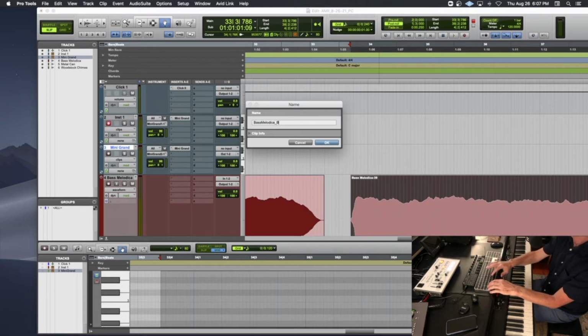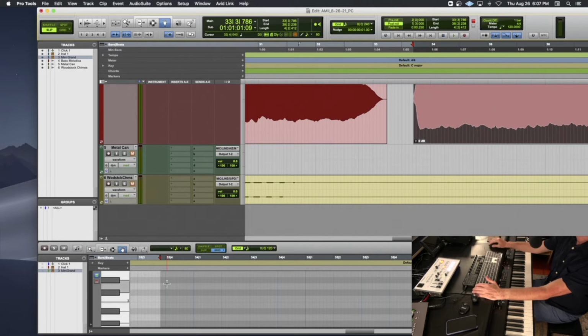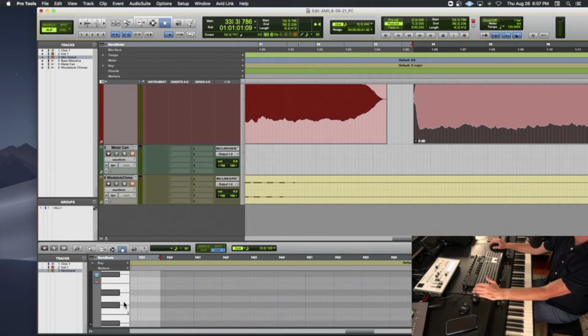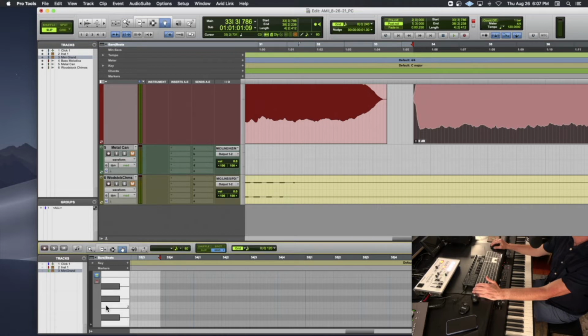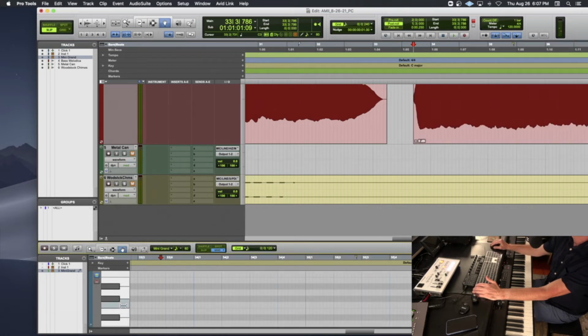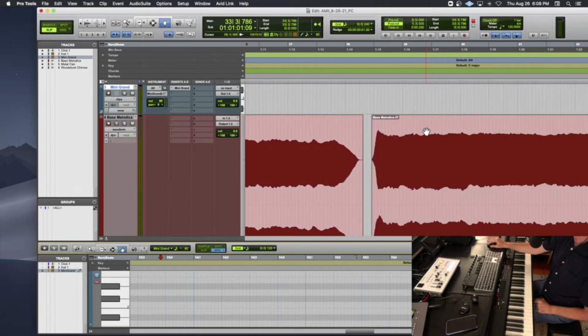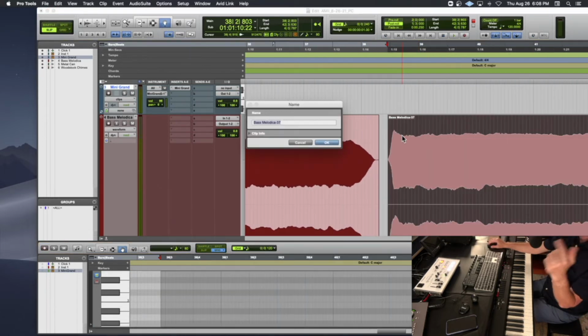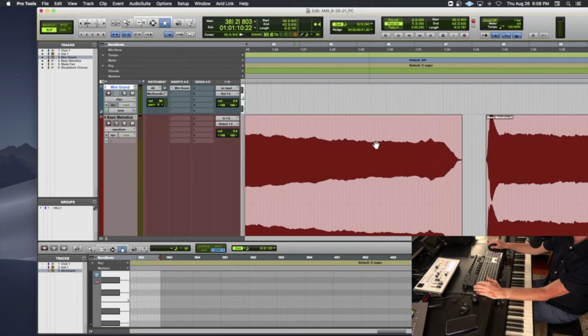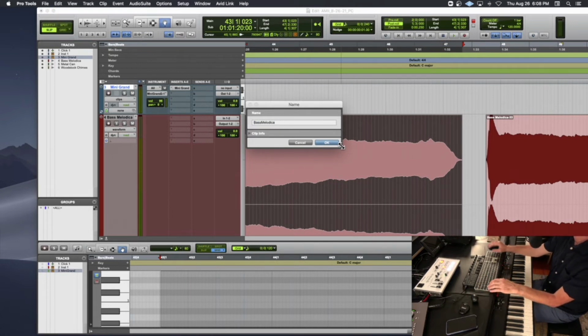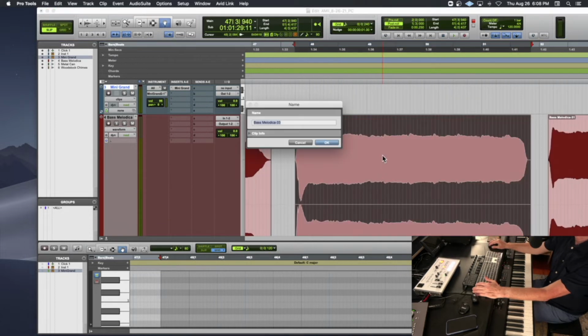Then B1. Now, B, right? The next letter is C, but it's C2 because we're in the next octave up. All right? So after B1, C is the second octave. So paste that in, underscore C2. Then this is C sharp 2, the next one, underscore C sharp 2. Then the next one is D2,